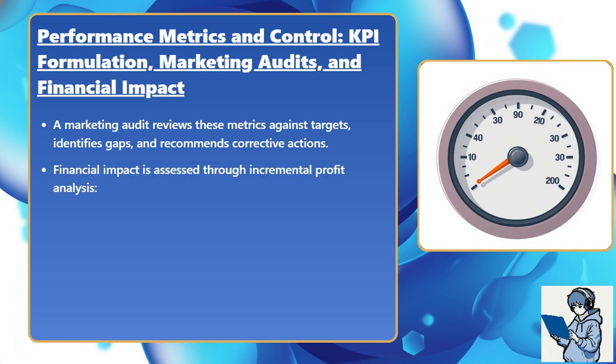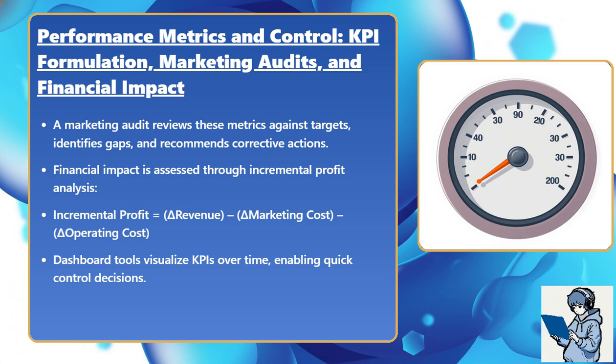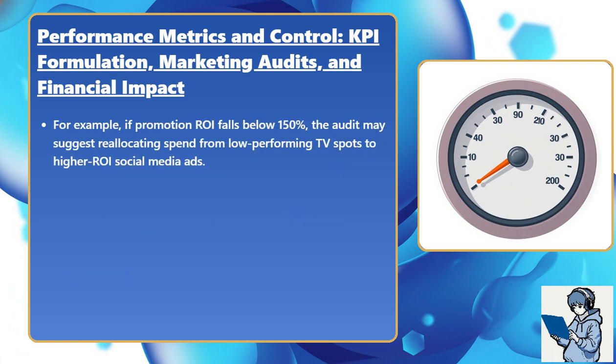Financial impact is assessed through incremental profit analysis. Incremental profit equals delta revenue minus delta marketing cost minus delta operating cost. Dashboard tools visualize KPIs over time, enabling quick control decisions. For example, if promotion ROI falls below 150%, the audit may suggest reallocating spend from low-performing TV spots to higher